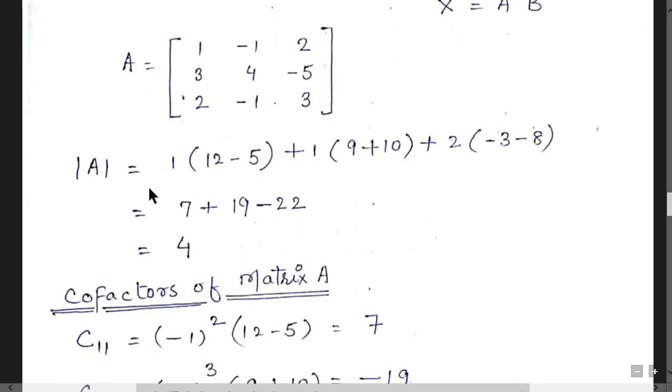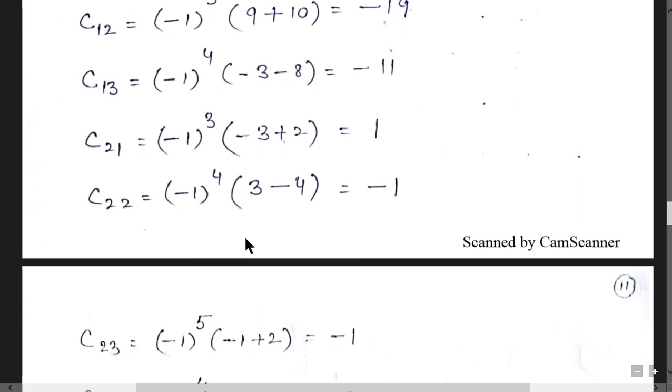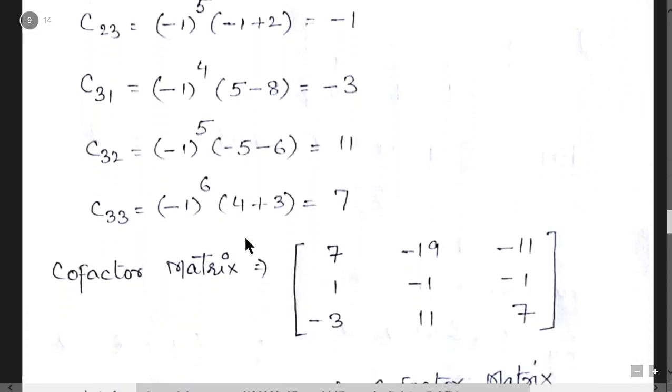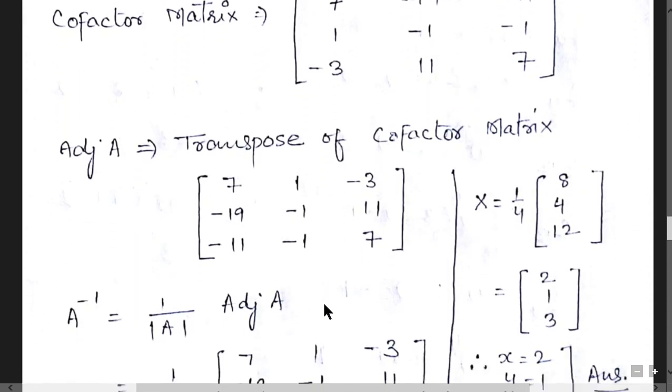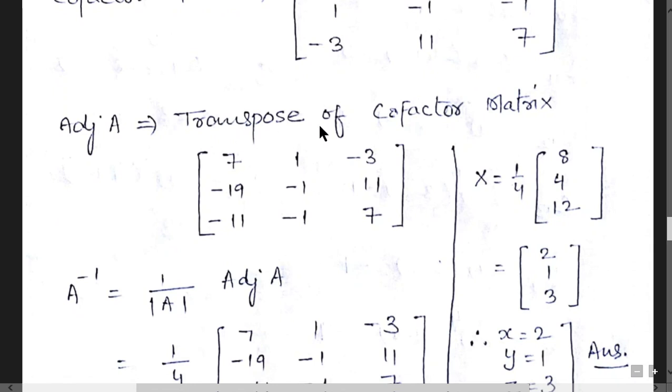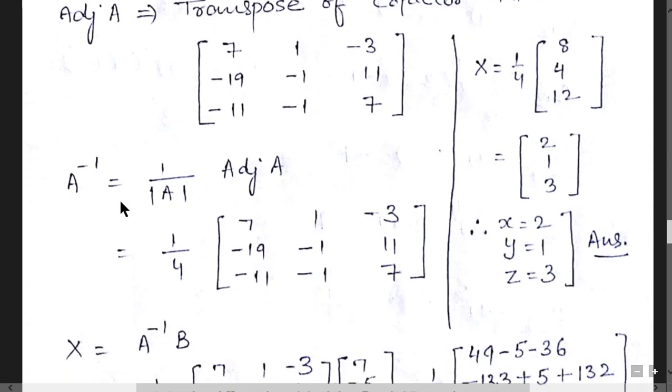Then calculate the value of the determinant of A. It's non-zero. Now proceed further. Calculate the values of all the cofactors of the matrix. After the calculation of cofactors, you can write the cofactor matrix. These are the necessary steps basically. Adjoint of A, and you can write it as the transpose of the cofactor matrix, and after writing the transpose, you can find A inverse. A inverse is adjoint of A divided by A modulus.